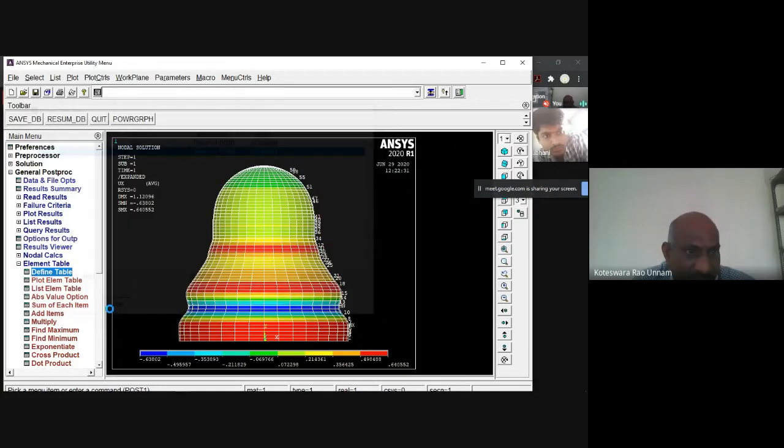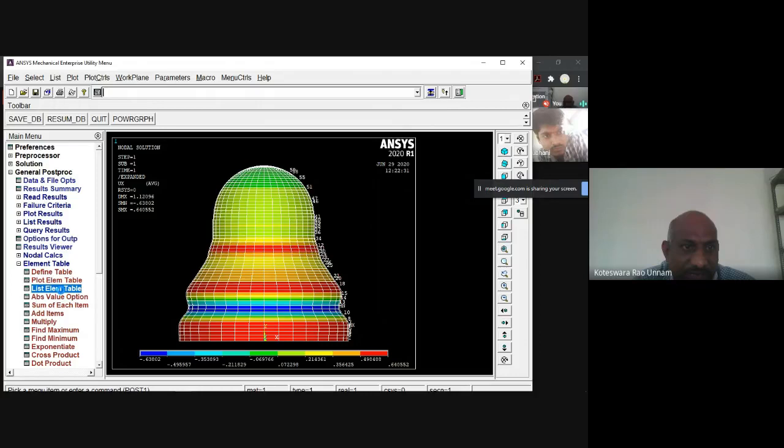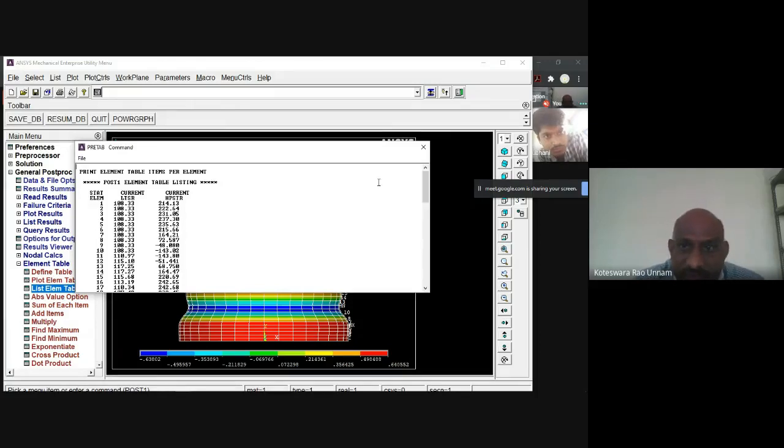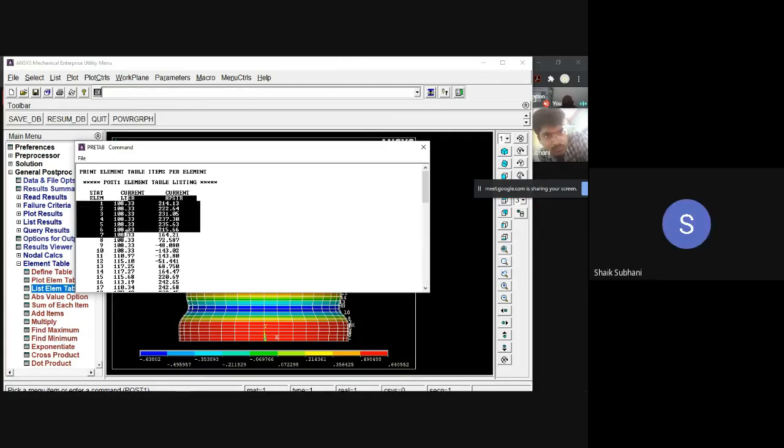Then once you've done that, you can go for list element table. Those two labels will come up here. Then click OK. So then you can see the values of longitudinal stress and hoop stress. The first one, LTSR, this column is the longitudinal stress, and this HPSTR column is for the hoop stress.